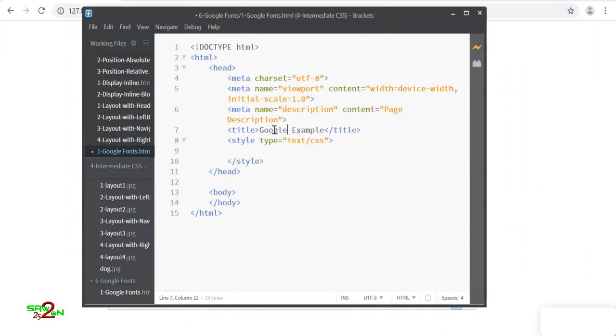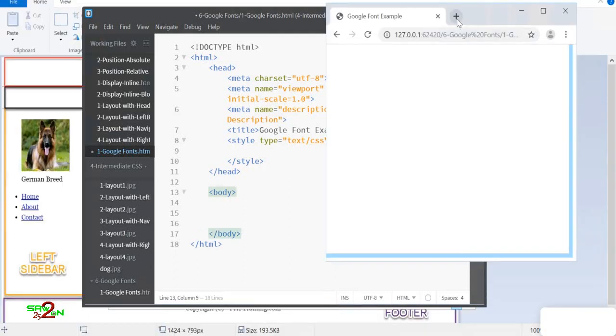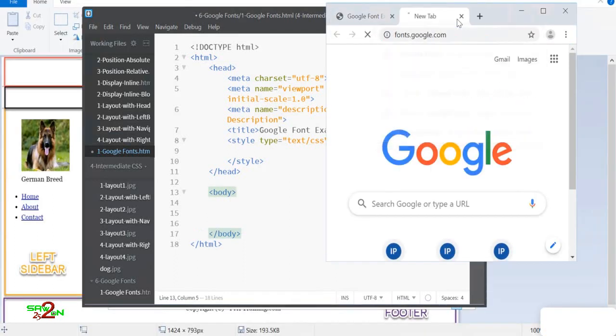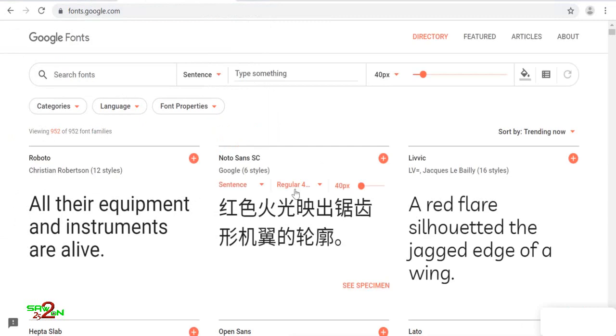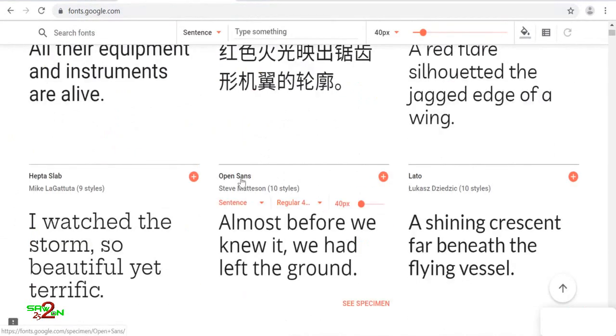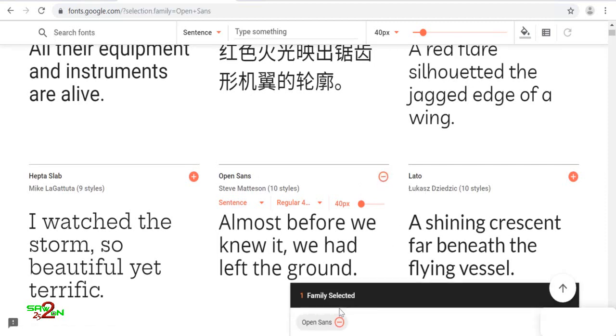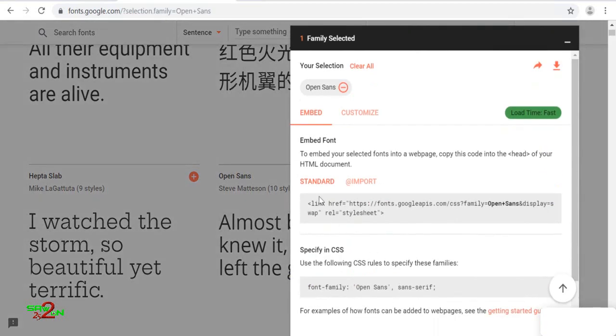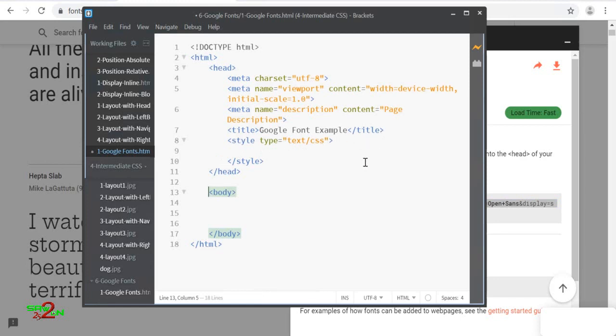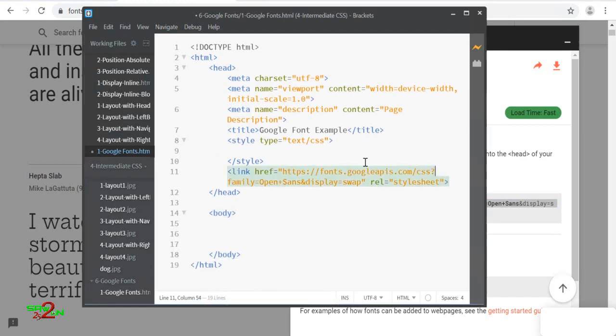This is the Google font. We will see how to import Google fonts and how to add them onto your page. So let's go to fonts.google.com, and then we will search for the font, and the font that I'm looking at is Open Sans. You can add the plus button here, and once it is added, they'll give you some HTML code to use. So there's a link tag. We'll copy this link tag. We will place the link tag in the head tag. We have placed it here.